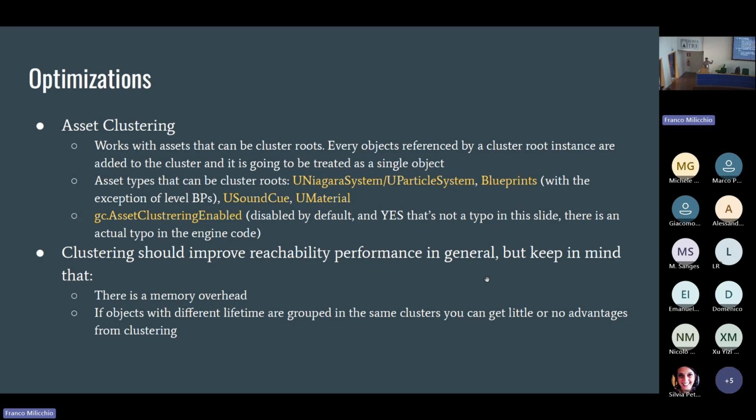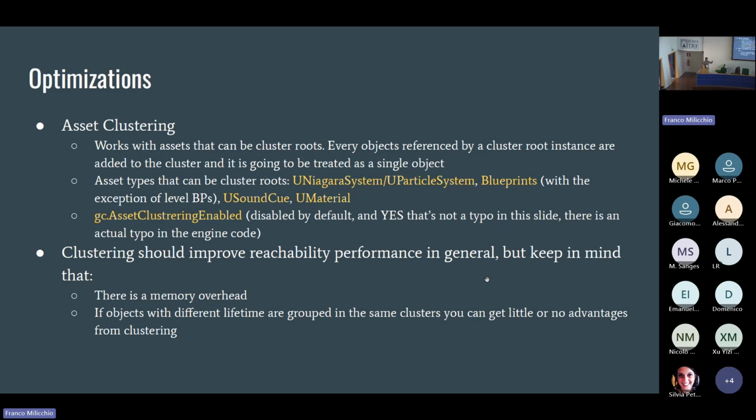So anything that a blueprint instance references inside of itself can be grouped into one single cluster, with the exception of level blueprints. You have sound cues, and as you know, sound cues are a collection of several sounds. And then you have materials, because in Unreal, a material can have multiple material functions.